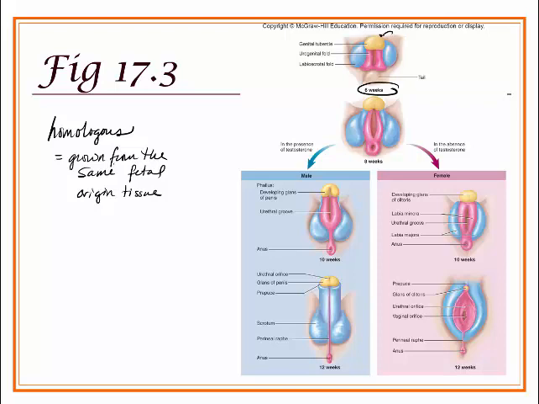And you can see that the yellow portion of the tissue in the fetus is going to either become the glans penis in the male or the clitoris or glans clitoris of the female. So they are structures of the reproductive system between the male and the female that were grown from the same fetal tissue. We can also see that the tissue in blue is going to become the scrotum and prepuce of the penis in the male, and it would become the labia majora, so the outer folds of the vulva in